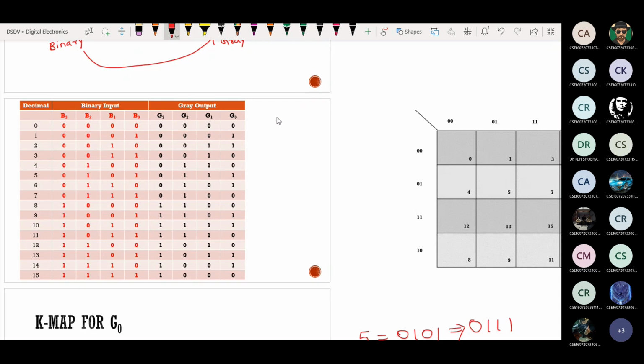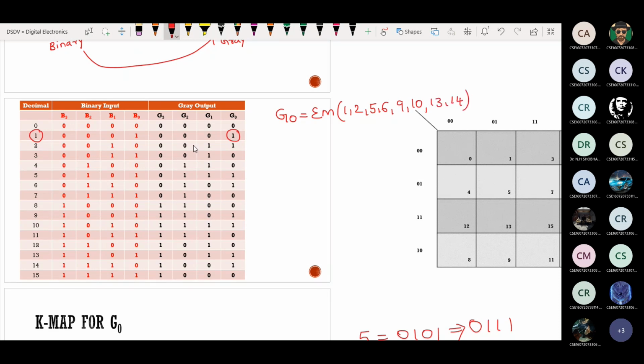Now can someone tell me the minterms for G0? I want minterms for G0. In which position it is 1, you have to check. 1, 2, 5, 6, 9, 10, 13, 14.